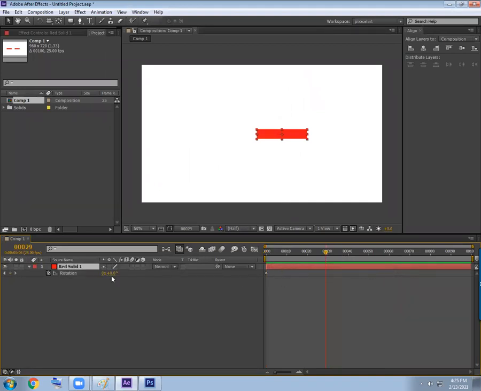Now, to get the rotation, we are using the value over here. Instead of using the value, you can use the num key plus and minus to rotate the object clockwise and anti-clockwise. So now we have seen how to rotate the object through the keyboard instead of feeding the value. Is it okay?